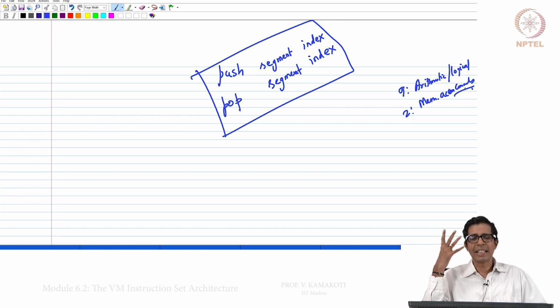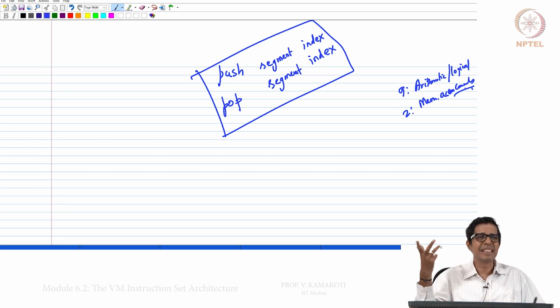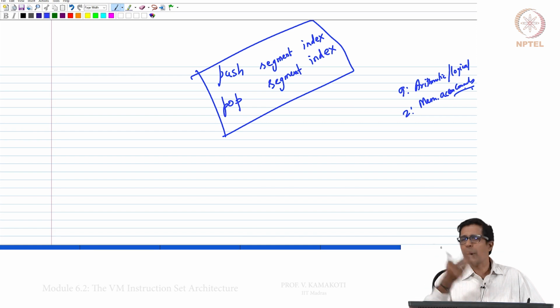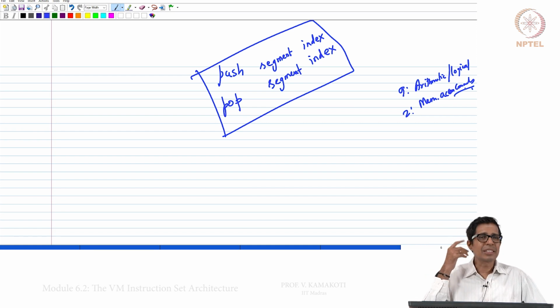Now, let us understand what this whole segment index is. That is something new. Push and pop we have already seen. What is segment, what is index? Let us look at a function. This function requires different portions of memory.